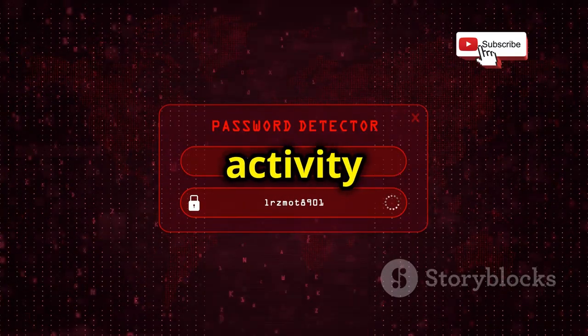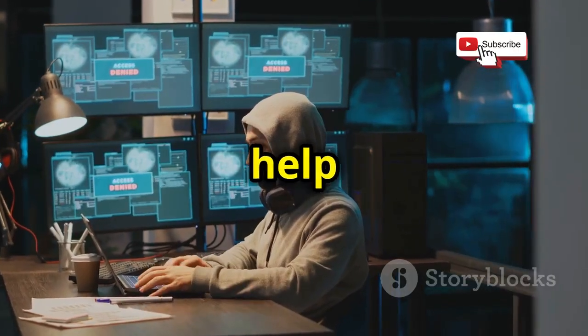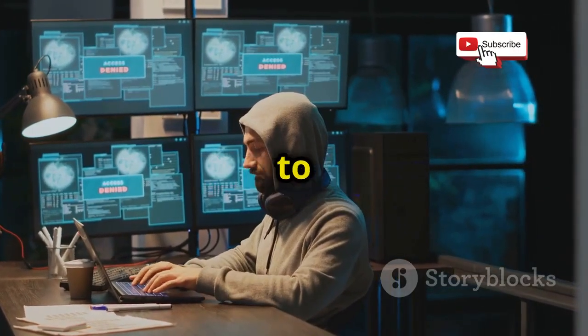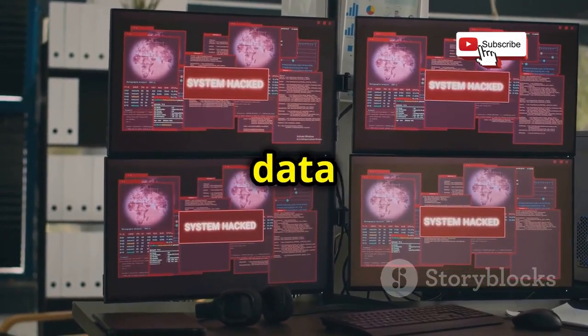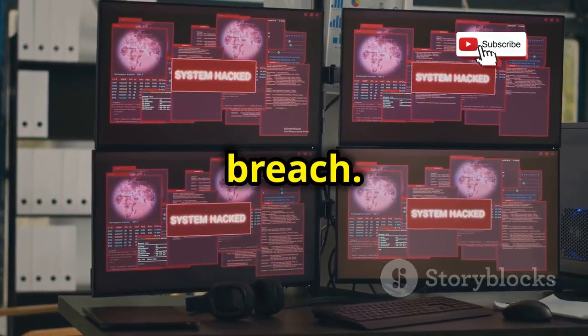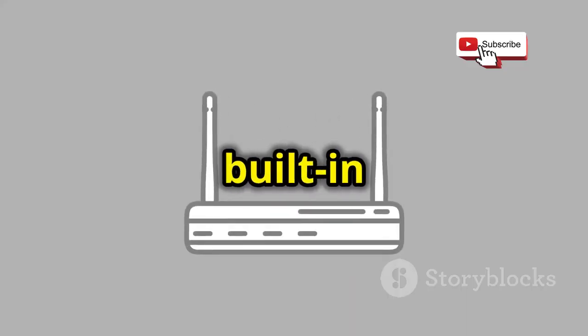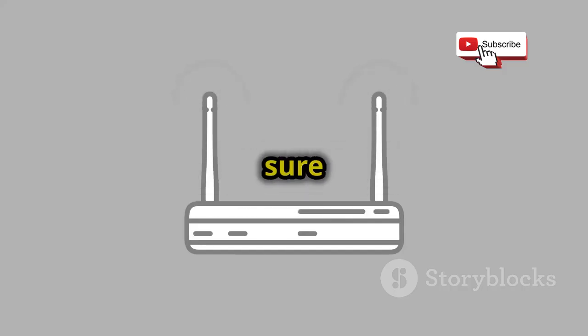Monitoring your network activity is another crucial step. Tools like network analyzers can help you keep an eye on all devices connected to your network. Look out for any unfamiliar devices or unusual data usage patterns, which could indicate a potential security breach. Many modern routers come with built-in features to help you monitor and manage connected devices, so make sure to utilize